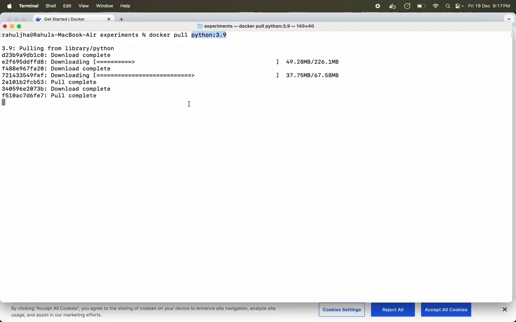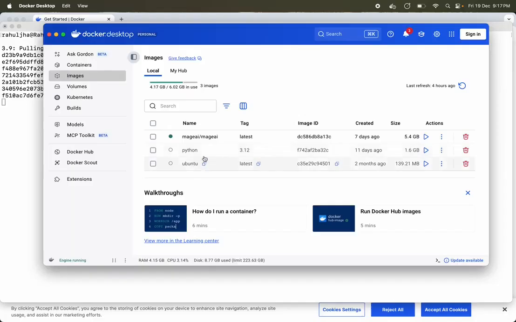Now this Dockerfile is created and maintained by the developer of this image. So that person is responsible for creating and managing this, and that person must have defined these layers, and here the Docker client is trying to pull these different layers. The moment this is done, we will see a Python version appearing here, and we can work with that image.